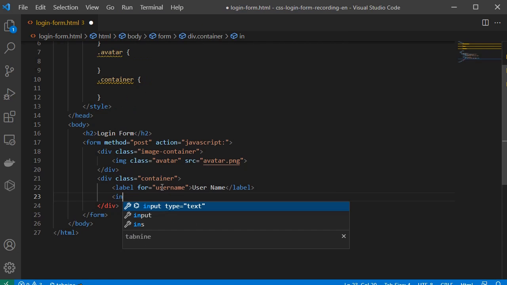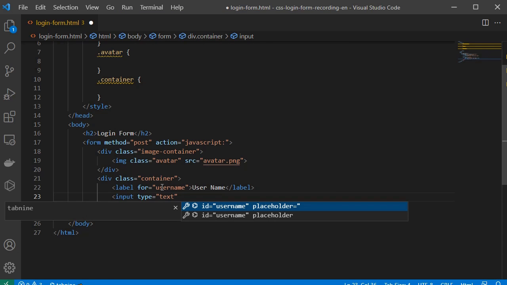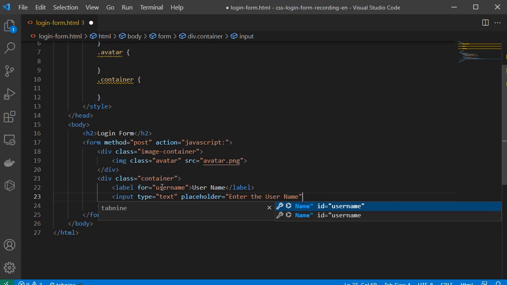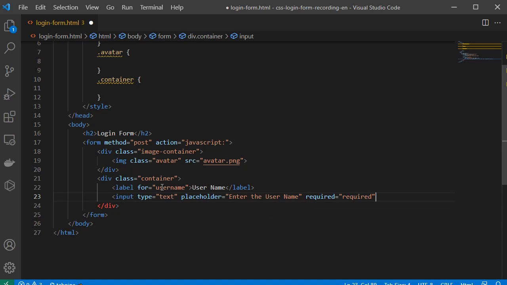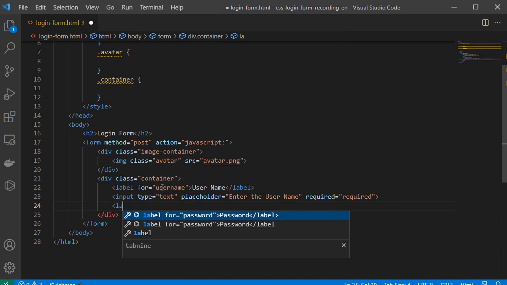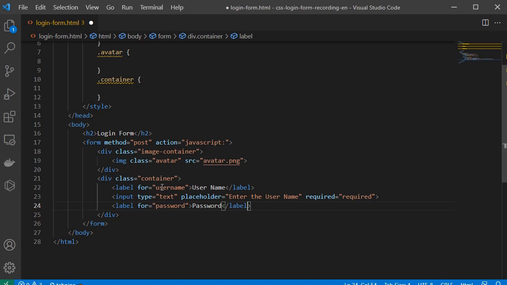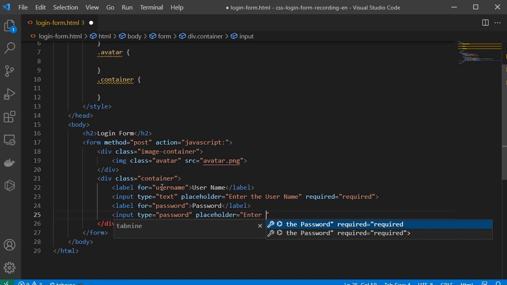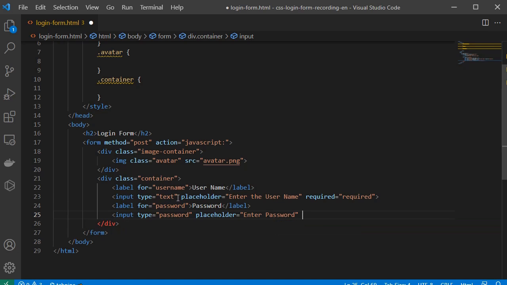Then I will have an input with type text, which is the default value. And this will have a placeholder just to tell the user to enter the username here. Okay, and this should be required. Then I also have a label for the password, and I'm using tab 9, which helps me fill with what it expects that I need to put here. And this will be an input of type password. I will have a placeholder saying enter password, and the name of the field should be